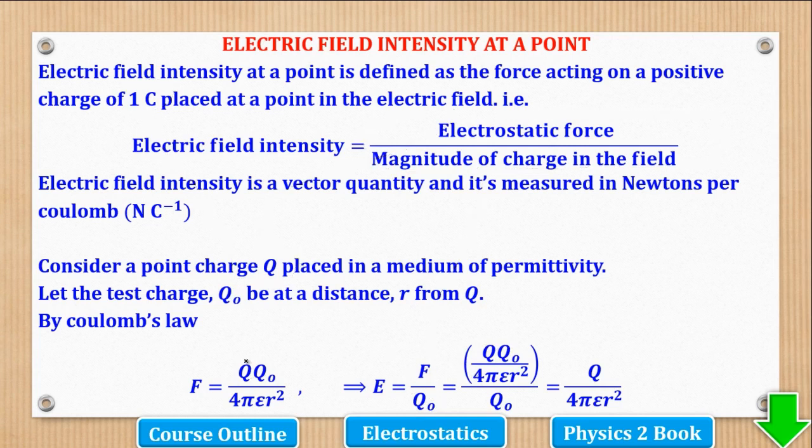So when I substitute for F, I'll come up with this over this. Then you realize that this and this can cancel to come up with this. So that will be the expression for electric field intensity at a point. But most questions use free space as the